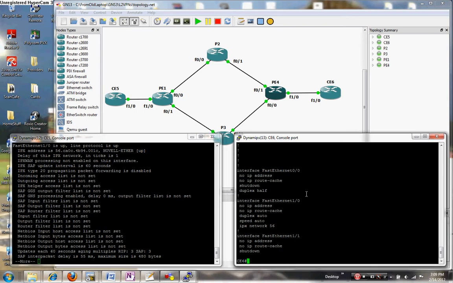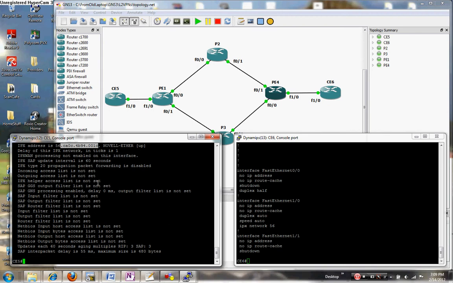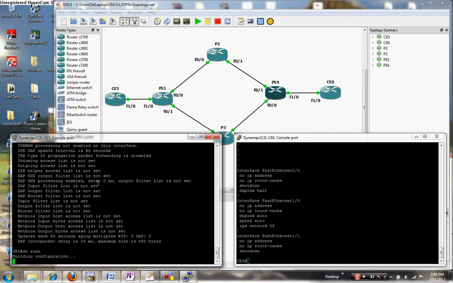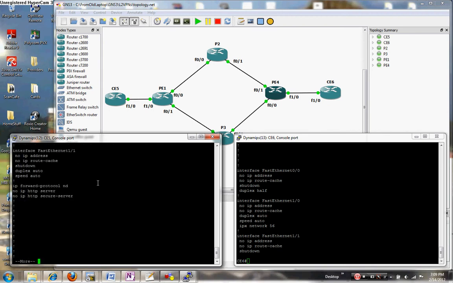IPX network address, network node and address. IPX is a great protocol, by the way. This is the network portion, and this is the node portion. Let me show you something, by the way. In our running configuration, you will notice